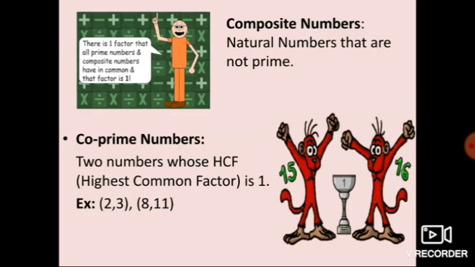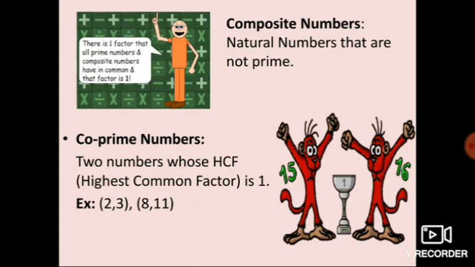Next, we have the composite numbers. Composite numbers are the natural numbers that are not prime, simple as that. Next are coprime numbers. Coprime numbers are two numbers whose highest common factor is 1. I already told you that factors are the numbers which multiply to get the specific number. So if we consider 2 and 3, the highest common factor is 1. Then 8 and 11,